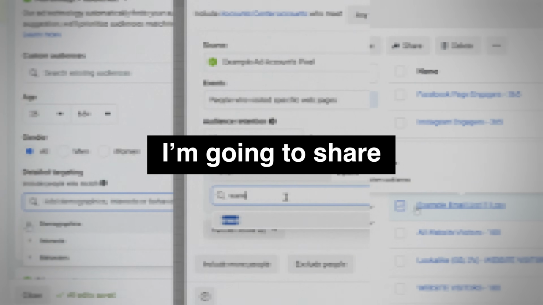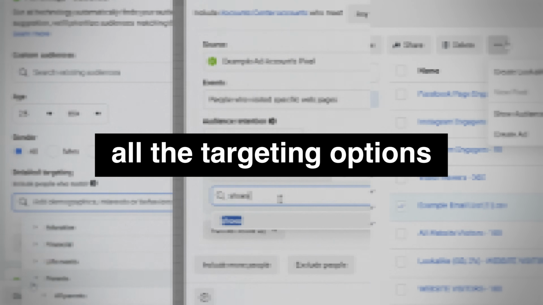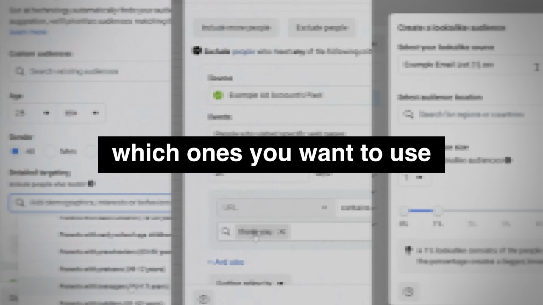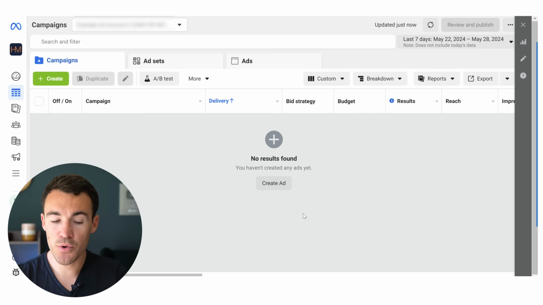And in this video, I'm going to share and show you how to use all the targeting options that we're currently using for our clients and get the best possible results, and I'm going to explain which ones you want to use and when. Okay, so to walk you through this, I'm in an example Facebook ad account, I'm in